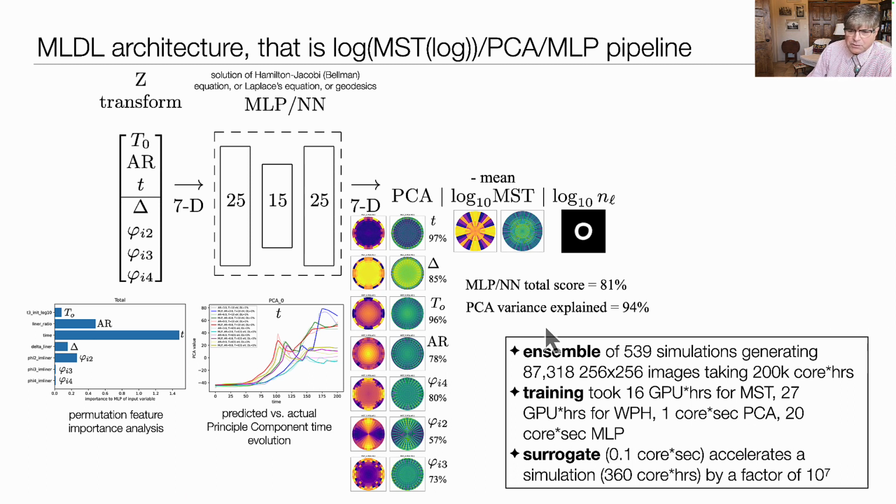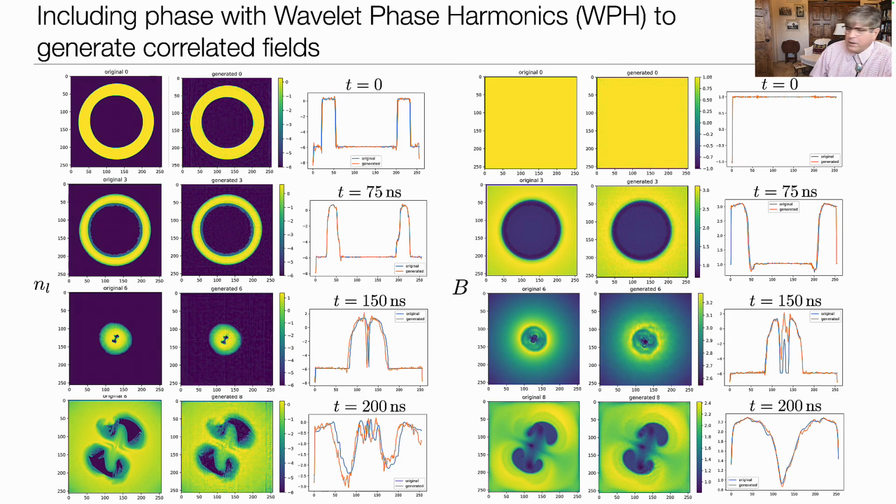94% of the variance was explained by the principal component analysis, and the total score of the multi-layer perceptron in predicting the principal components was 81%. What is shown here is the evolution of the liner density on the left, as was simulated here on the left, and also as was generated by the surrogate